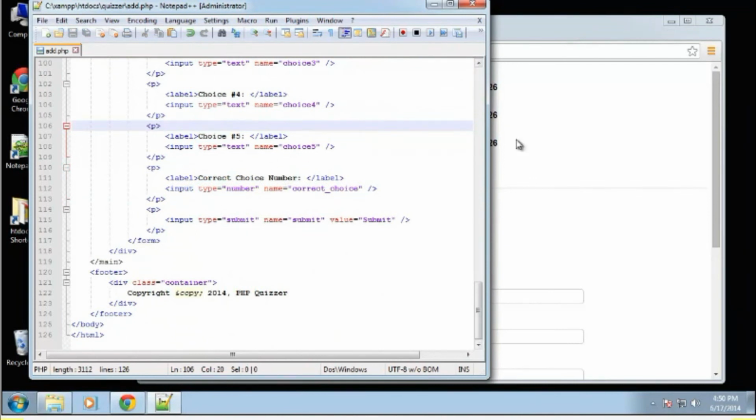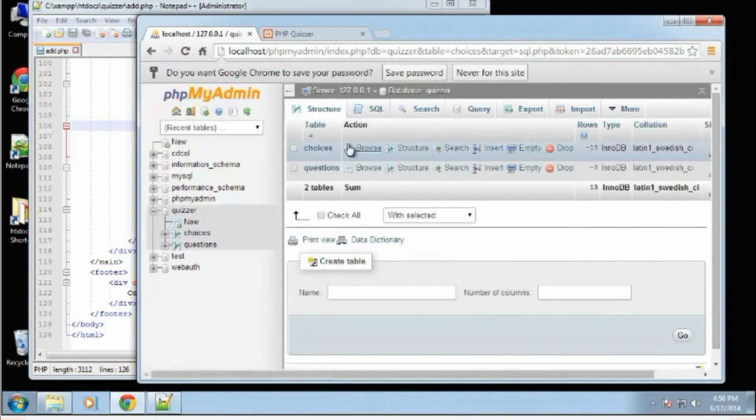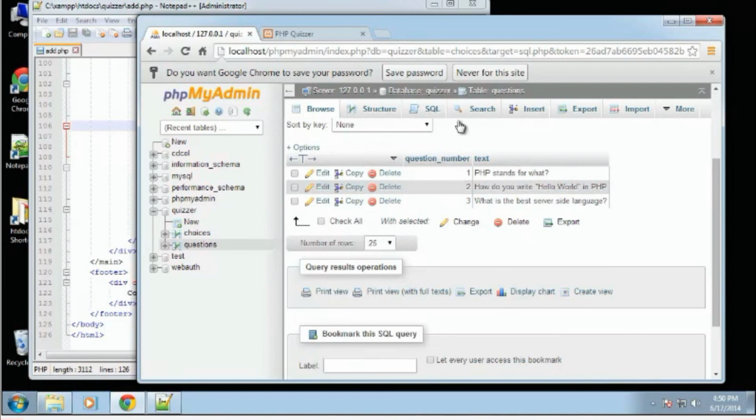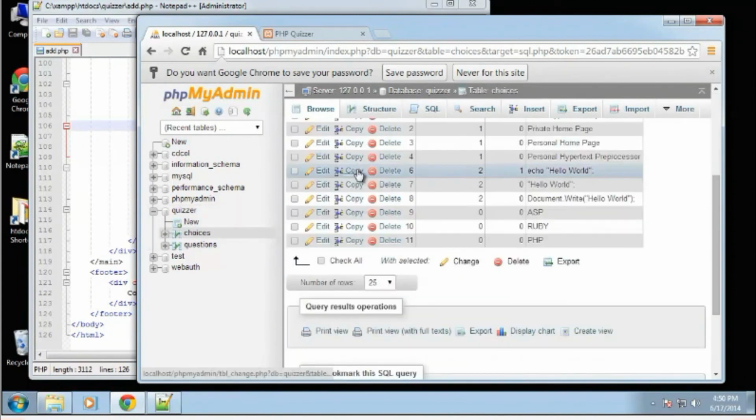Now let's see if that did anything to our database. So the questions query went through, the insert. And if we take a look at the choices,